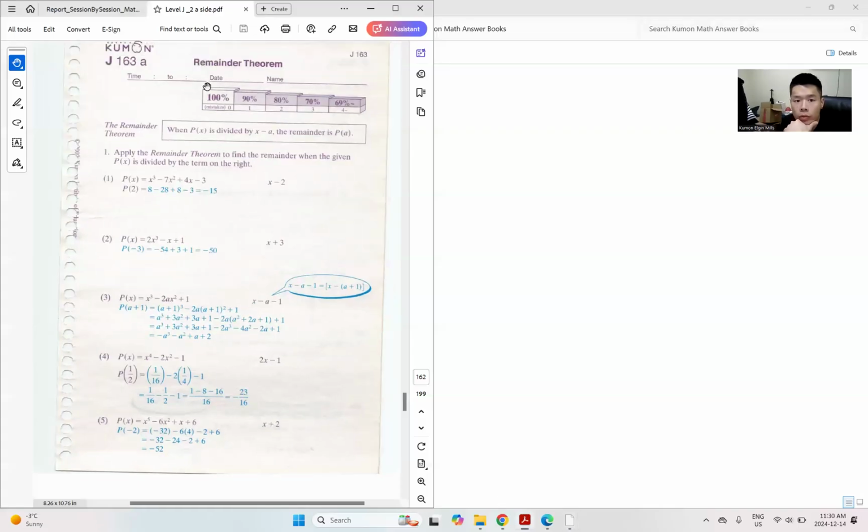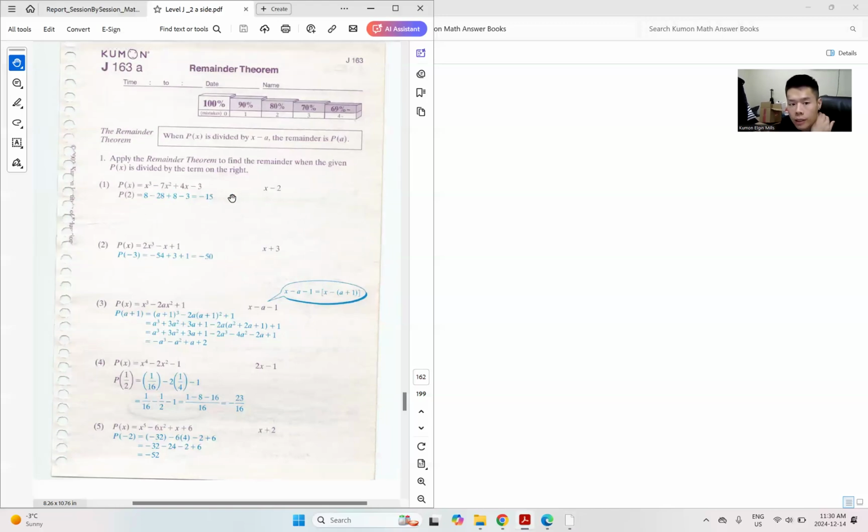Okay, so the remainder theorem. I saw that what you're doing is using x to the power of 3, this whole equation, divided by x minus 2, right? And I can tell that your remainder over here you're getting as negative 15. No, that's for the first one. For the first one, right? Negative 15 for the first one. Yes, you can do that because if you were to divide by x minus 2 from this, you will get